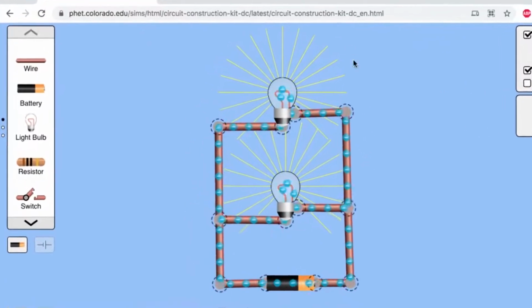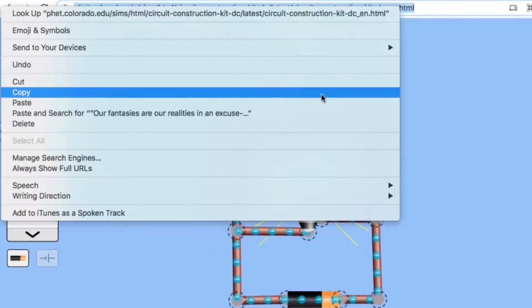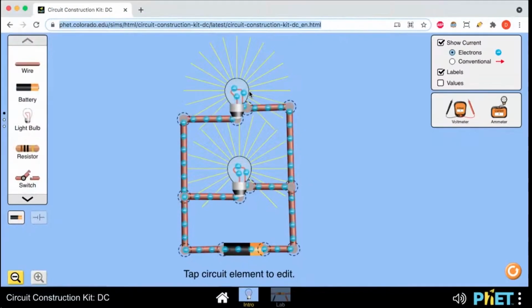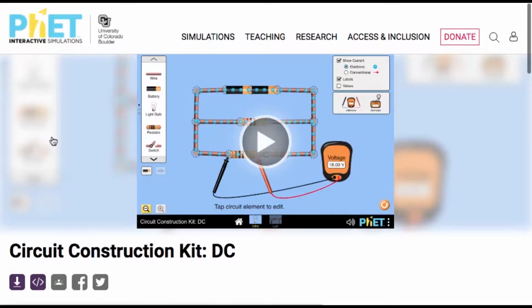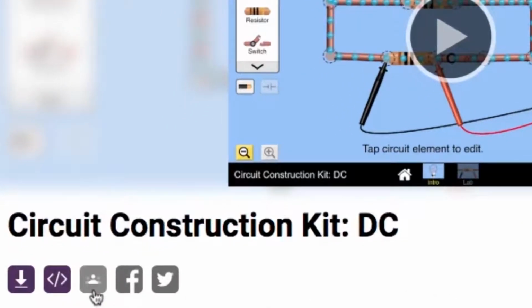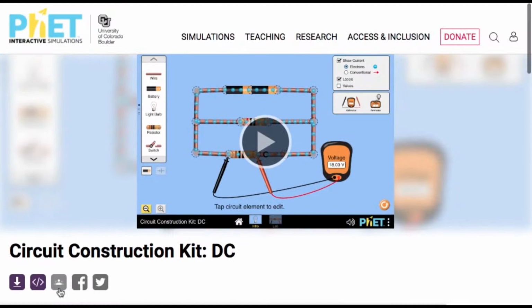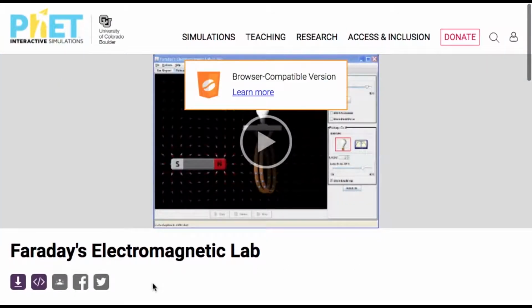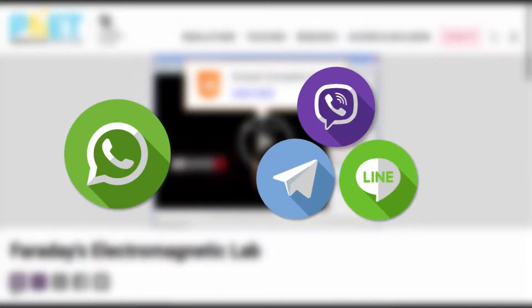To share a simulation with your students, copy the URL and provide the link by email or attach it in a document. You can also send it through Google Classroom by clicking on the Google Classroom icon on the simulation webpage. If you have a problem with the internet in your classroom, you can download the simulation and take it wherever you need on a USB stick. You can use it without the need for an internet connection and share it with whoever you like, even through the use of WhatsApp or other electronic messaging apps. Just click the download button.